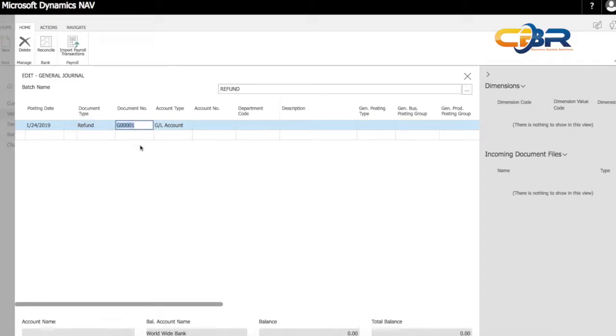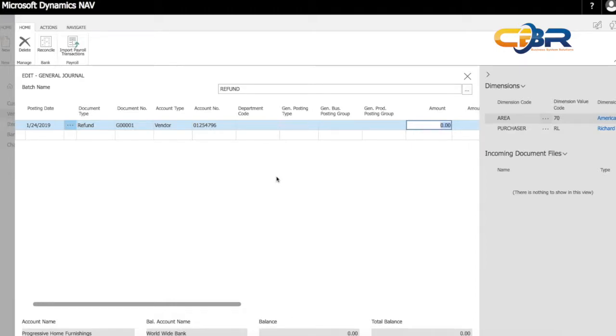The system will be configured typically to auto number your transactions. This is done through the numbering setup in NAV, and your partner typically set this up for you originally. In our case, I have a document number that gets auto-populated. And then I am choosing a vendor from whom I'm receiving this refund check. So in this case, it is Progressive Home Furnishings. And in the description, I can do a further detailed description of the actual transaction. So let's say this is a marketing promo refund, and I'm going to hit my $100 with that,